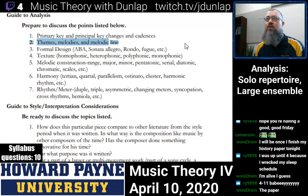So you would talk about what characterizes my opening theme versus what characterizes the contrasting theme. And you want to highlight the characteristics of them while also pointing out what is contrasting. If you say the melody is flowy with steps and the contrasting theme is flowy with steps, you haven't accurately given us a picture of why the other theme is contrasting. You can't just say the first theme's in E flat and the second theme's in A flat, because that also doesn't tell us enough. So in the case of the Hummel,